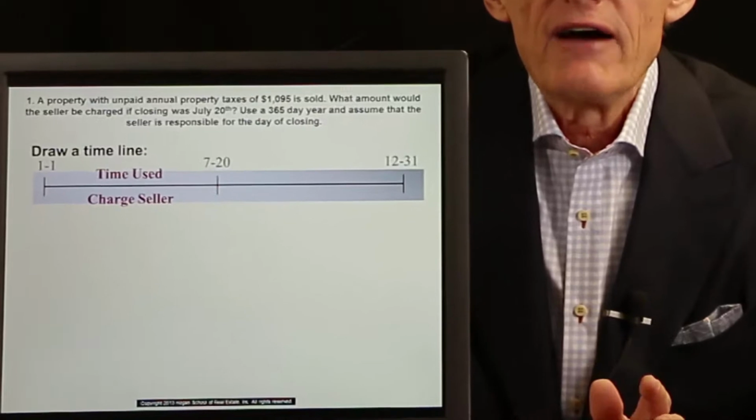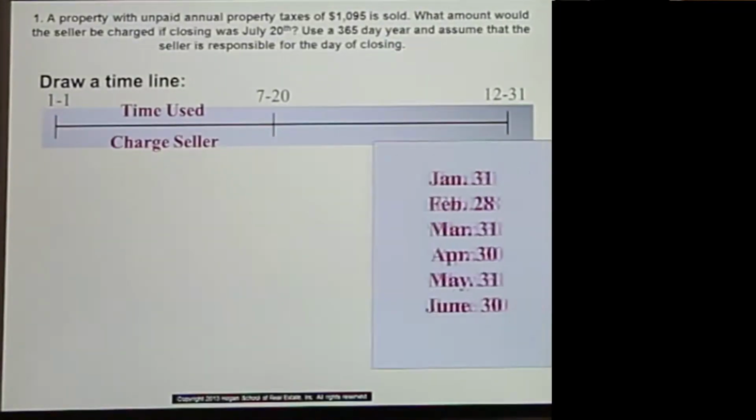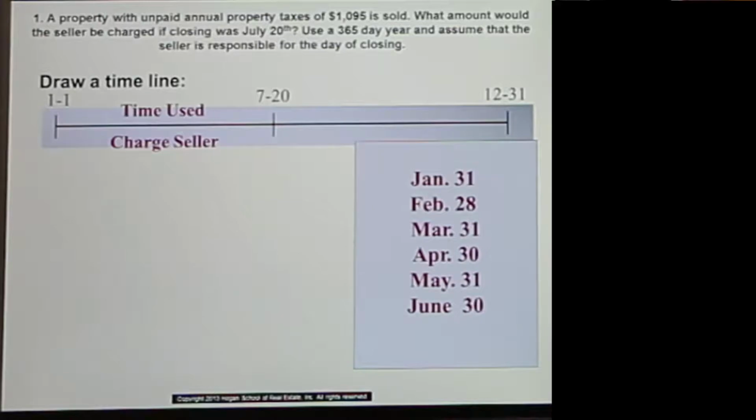So let's go back to our question. We have closing on July 20th, and we need to find the amount of time used. January through June 30th happens to be, when you add them up, 181 days. And that's another thing you should remember. The first half of any year, using a 365-day year, is 181 days. So if the question is, as this one is, July or afterwards, then you can always just remember the first 6 months is